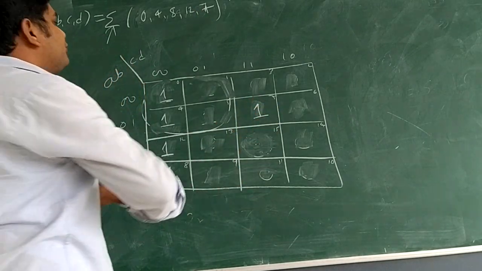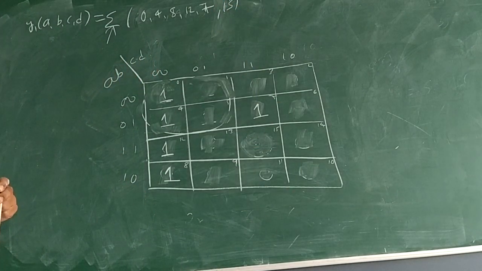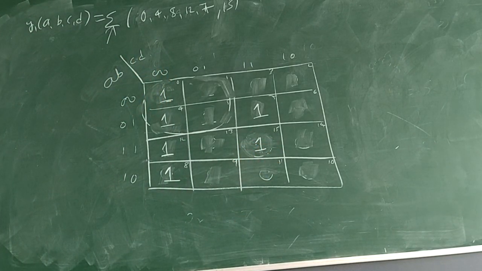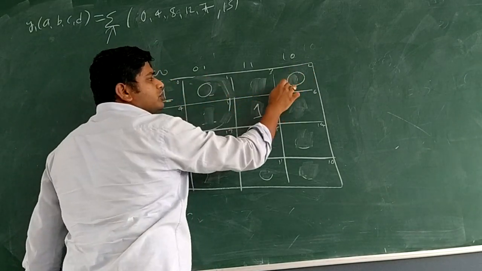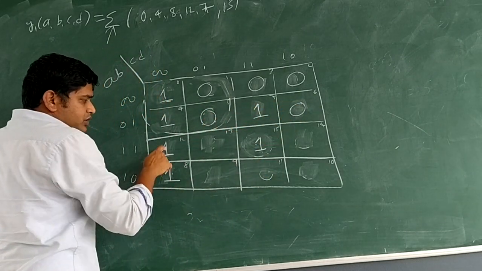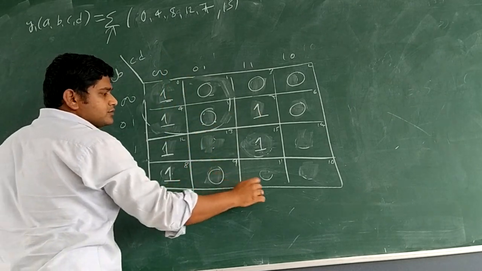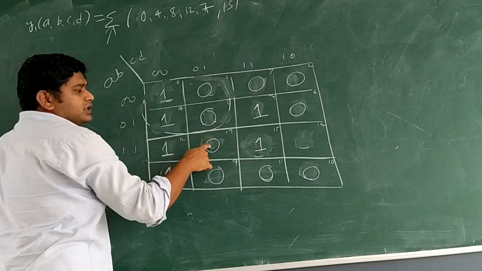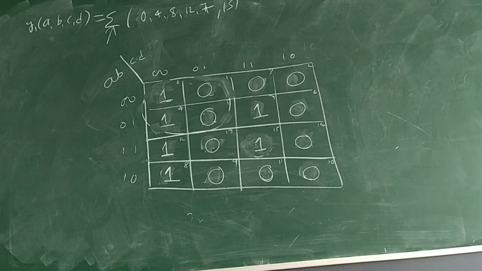Okay. So if you want, we can add this 7 and 15 so that we will get a problem of 1. Okay. So fine now. See, non-given cell numbers 1, 2 will be 0, 3 is 0, 5 is 0, 6 is 0, 8 is 1, 7 is already 1 because it is given, 9, 10, 11, 12 is 1 because it is given, 13 is 0, 14 is 0, 15 is 1 because it is a given cell number.